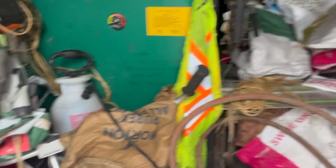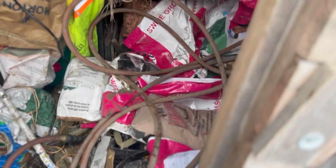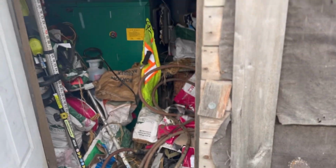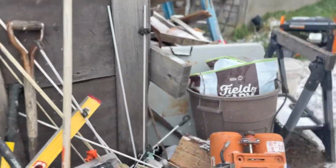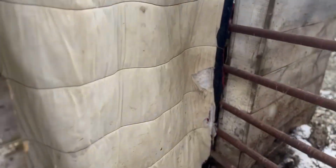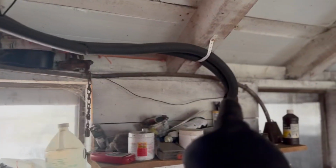Now, I did put a couple days worth of firewood in here back under all these bags. I guess I did that about a month and a half ago. I'm going to have to uncover the firewood, get all these bags cleared out. There's some grain and some tools and things stored in there. Dig that all out, get power back to the shed, and get it ready for burning. And I also have one more task I need to do in here inside the milking parlor. Oh, that reminds me, there's a pump that drives these heat lines that circulate the hot water